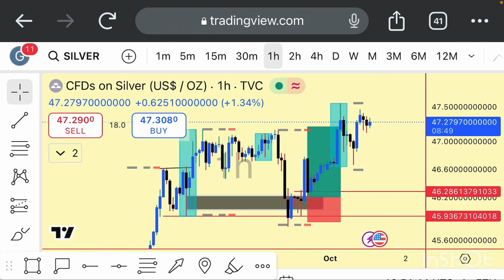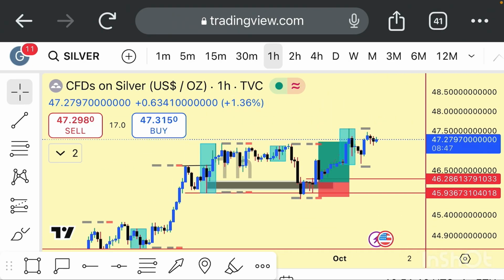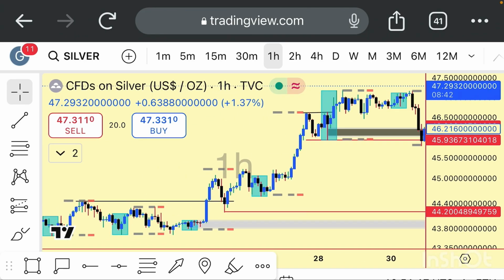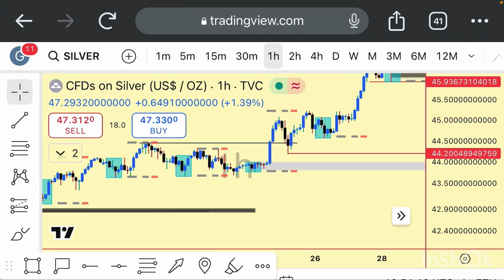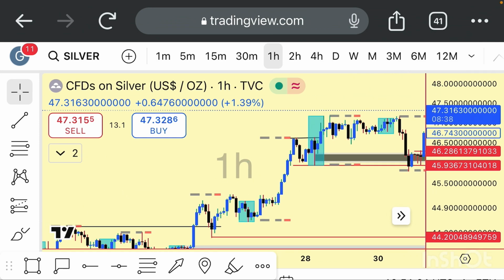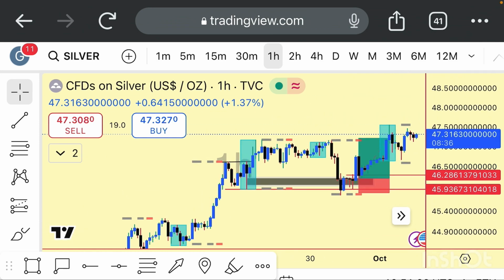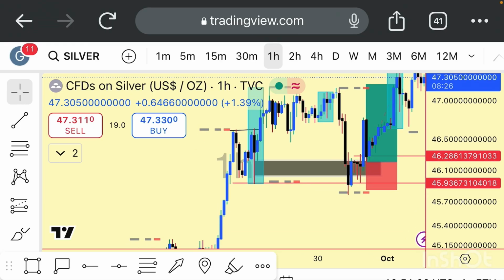Also, if you're asking what all these light blue lines you are seeing on my chart are, this is what I use to identify the Asian range. What that helps me to do is look at where there is liquidity that the market will likely come and grab before going in the direction. You can see that before the market bought, it actually came and grabbed that Asian low before buying.